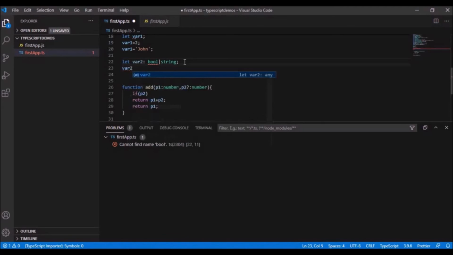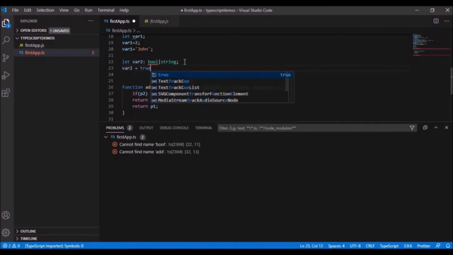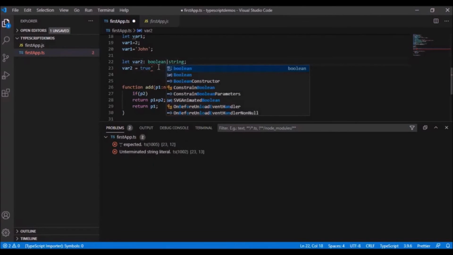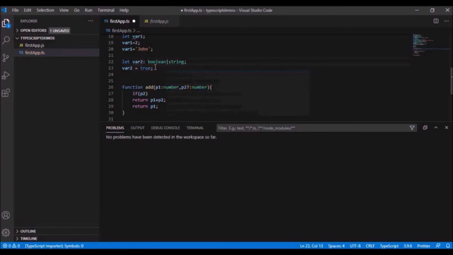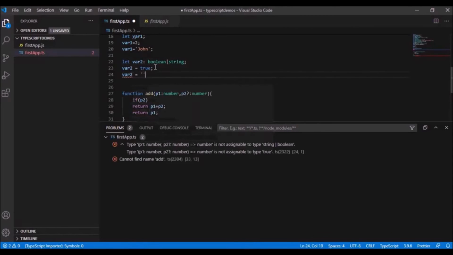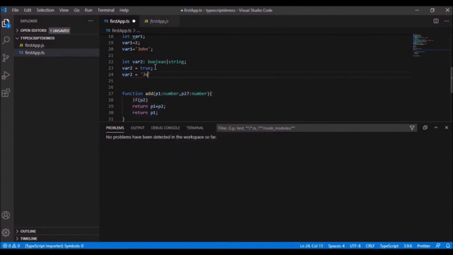So here I can say var 2 equal to true, right? So it is not bool, it's boolean, right? So it can hold a value true. It can also hold a value, right.